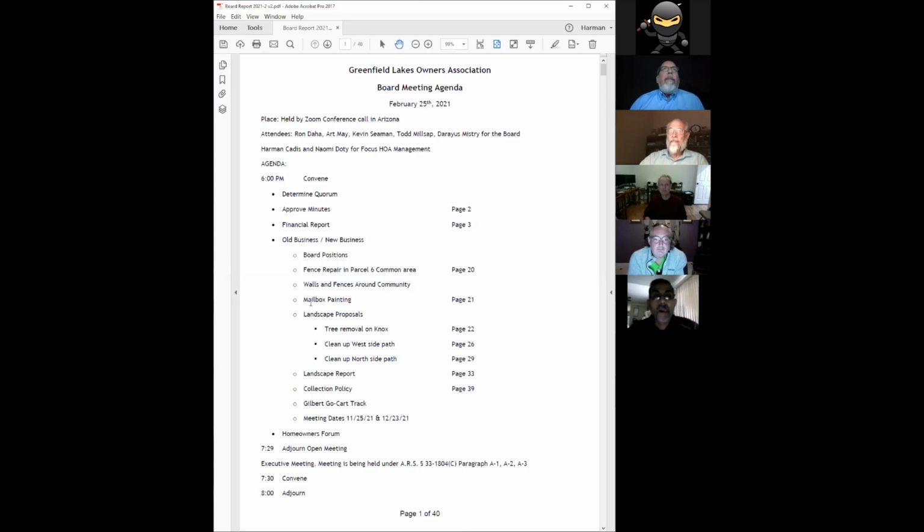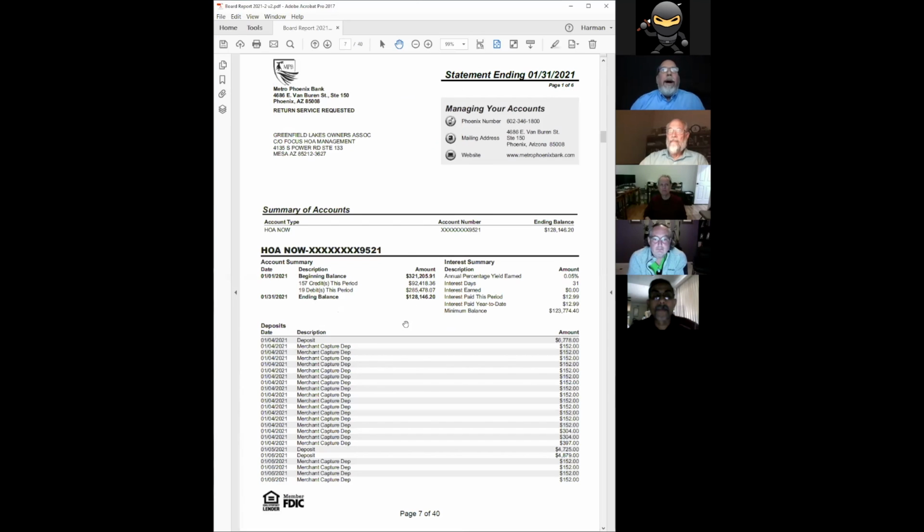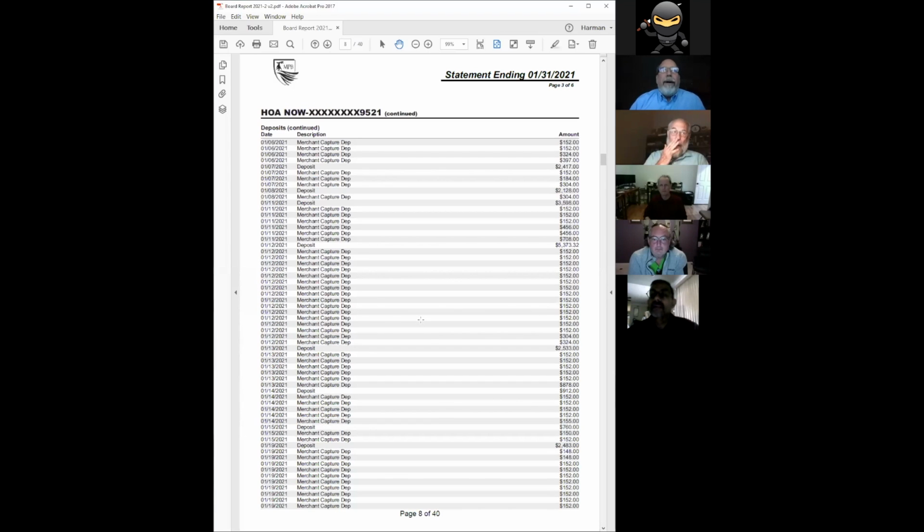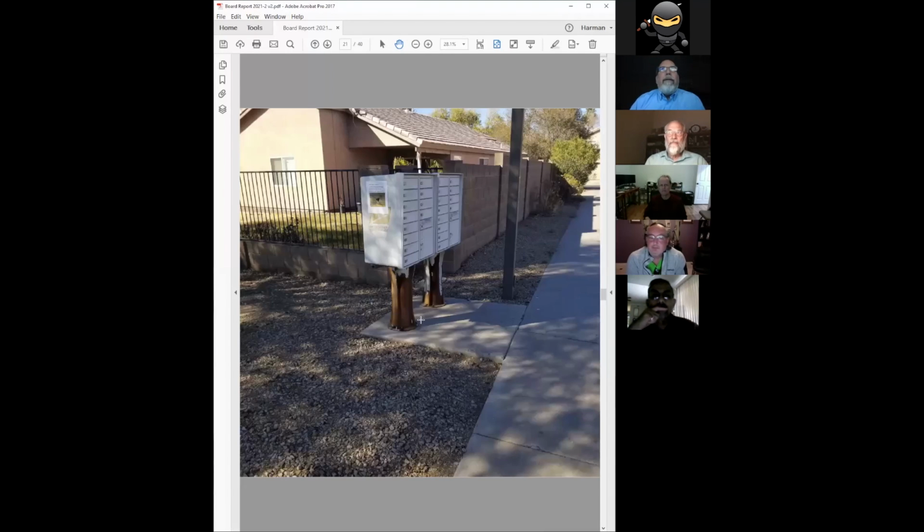Okay, this is an example of a mailbox. This is the mailbox that happens to be down near the basketball court in the south area of the HOA. But we have several mailboxes in need of some painting. The mailboxes are technically owned by the HOA. The locks and keys are owned by the homeowner. So the Postal Service isn't going to come and fix these things for us. And they're kind of an eyesore.